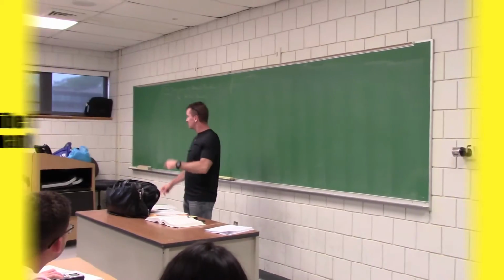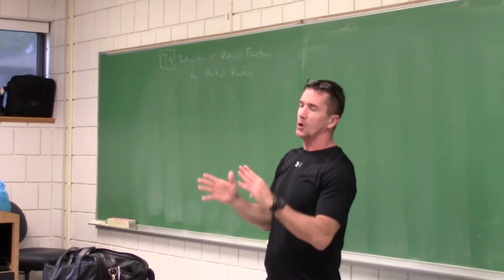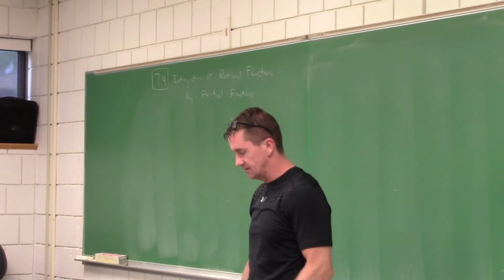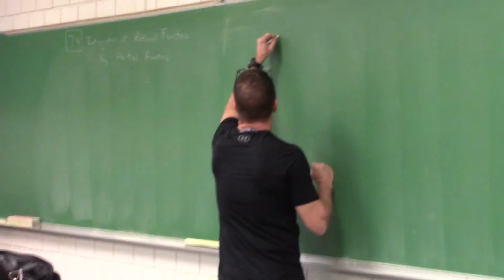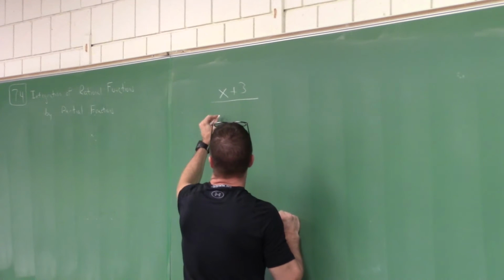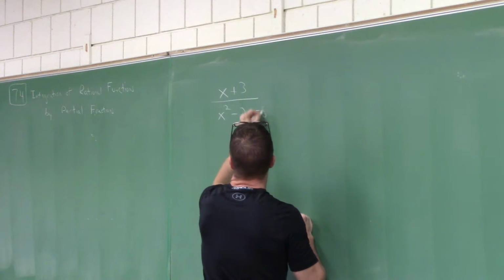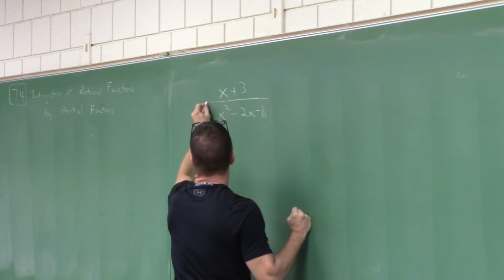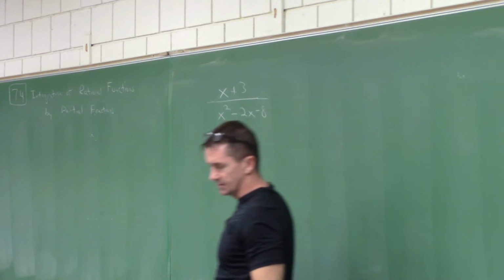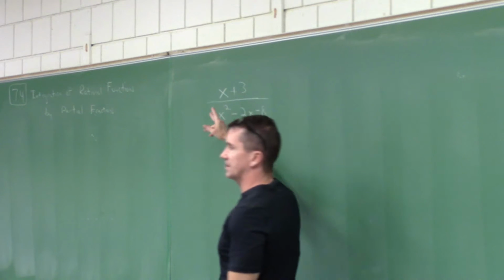Evening, everyone. So today we're going to do section 7.4, integration of rational functions by partial fractions. A rational function is just something like (x + 3) over (x squared minus 2x minus 8). It's just an example of a rational expression. And so we're going to learn how, if there's integral symbols in front of these, how